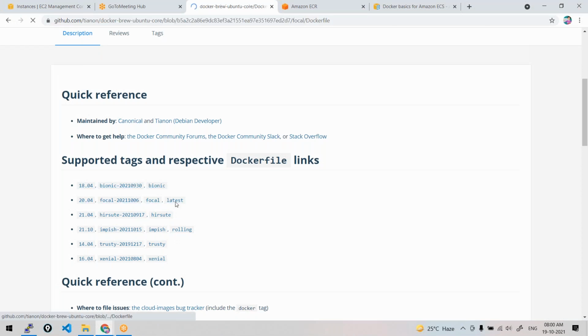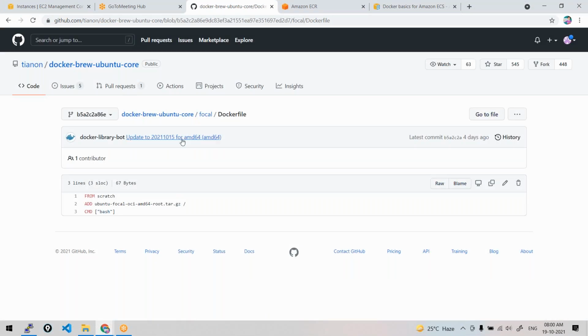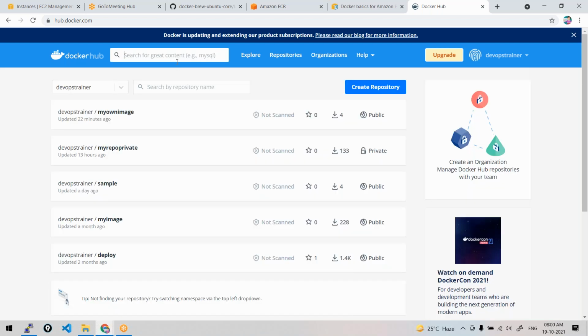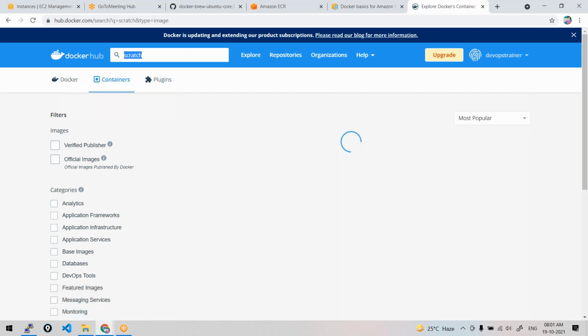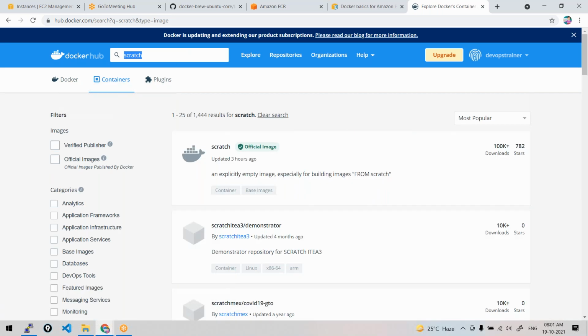Just check here some Dockerfile. See, it is on GitHub. They have used Scratch as a base image. What is Scratch? Scratch is an empty image. If you don't want to use the existing official images, and want to configure your own operating system and everything on your own, there is Scratch.